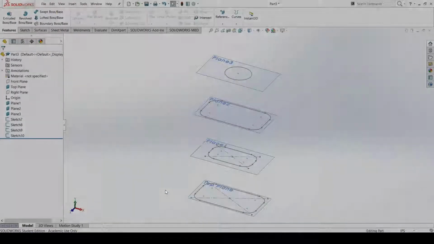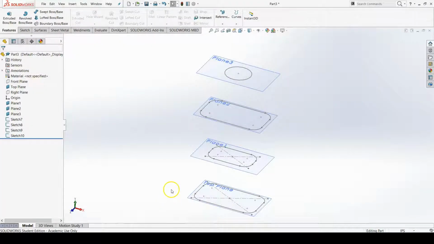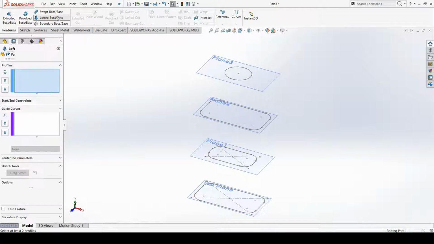Now it's time to create our Loft feature. To create our Loft feature, we're going to go to the command that says Lofted Boss Base. It's in the Features tab of the Command Manager. We'll click on that, and the first thing that we're able to select by the blue highlighted box is our